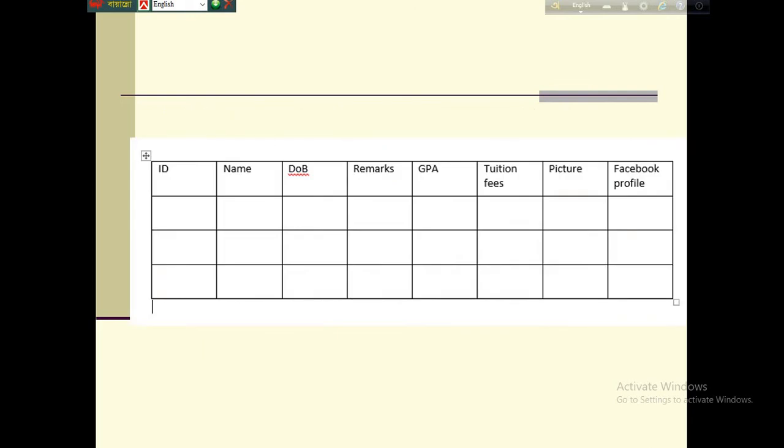Here in this example, I will show you how to create a database file or table by using Microsoft Access. There is a table which contains many fields like ID, name, date of birth, remarks or comments, GPA, tuition fee, profile picture, Facebook profile, etc. There are many fields, and I need to assign a field type when I am creating this type of database